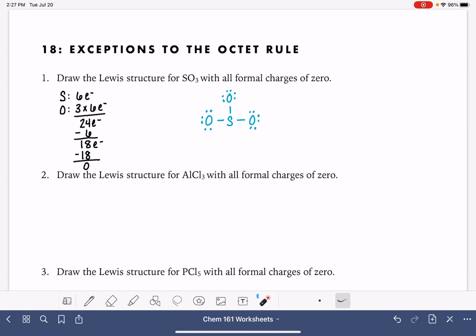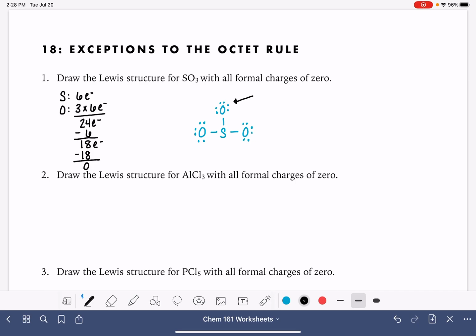Now, one of the tools that we have to help us decide whether or not we're allowed to violate the octet rule is formal charge. So now that we have this structure drawn, what we're going to do right off the bat is just start by calculating the formal charges of all of the atoms in the molecule. Now, you might be saying, hold on. The sulfur atom doesn't even have an octet yet, and I know that it doesn't have an octet yet. I'm just going to start by calculating formal charges because we're going to use formal charges to help us draw